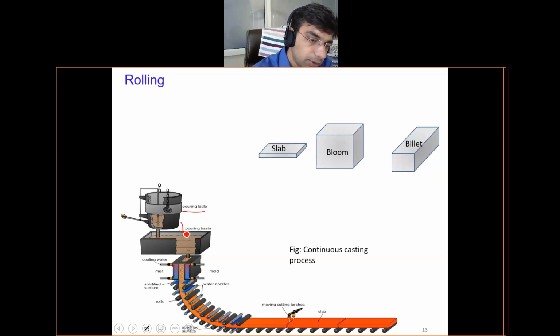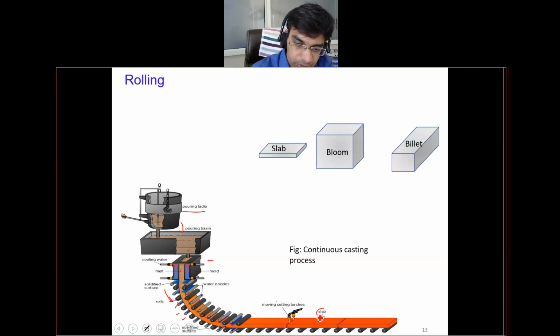So in this case, the material is continuously being poured in the mold, allowed to solidify, and then continuously removed. As the material is removed from the mold, there are rollers placed, and these rollers go on compressing the solidified metal, and upon getting suitable length, we cut this into suitable